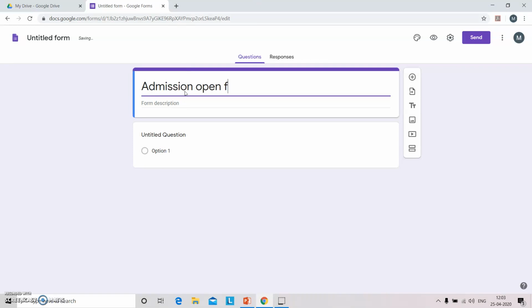Admission open for the academic year 2020-21.